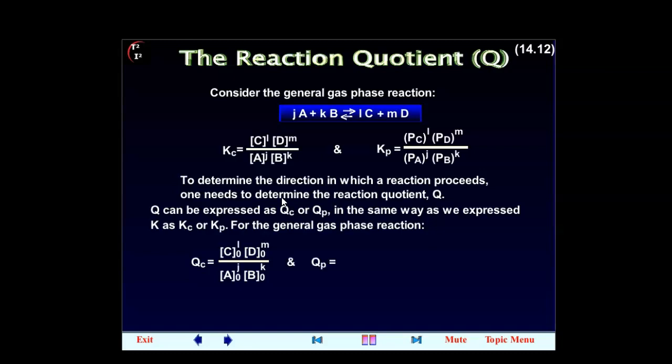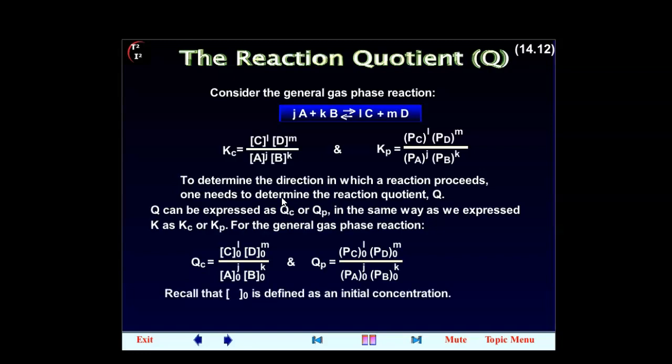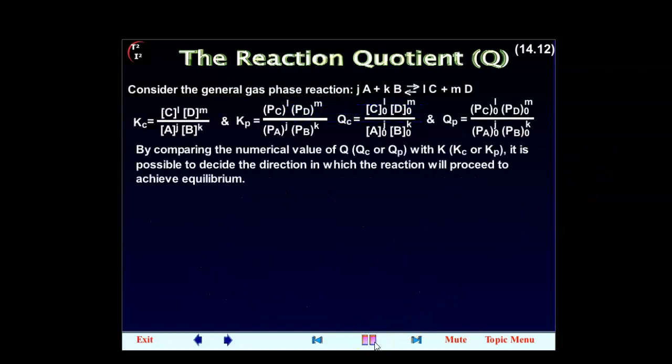And Q sub P is equal to initial partial pressure of C to the power L times initial partial pressure of D to the power M, divided by initial partial pressure of A to the power J times initial partial pressure of B to the power K. Recall that brackets with the subscript 0 is defined as an initial concentration, and brackets with P subscript 0 as an initial partial pressure. By comparing the numerical value of Q, Q sub C or Q sub P, with K,